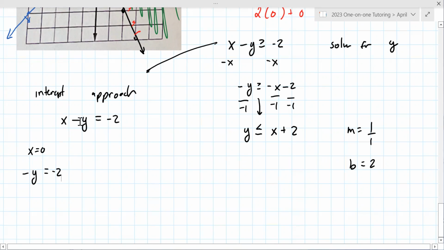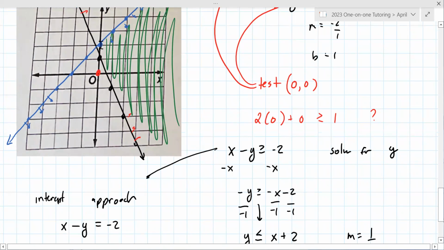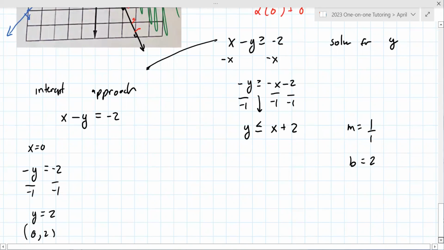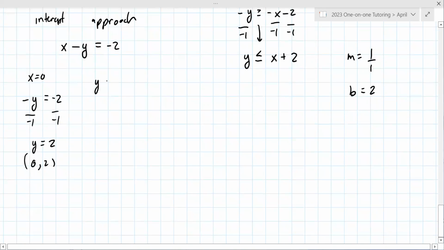So it's not always that you're done. You do have to sometimes make some additional steps here. y equals 2. That's (0, 2). If we go back to our graph, we see that that is one of the points there. So it is consistent. Similarly, if we set y equal to 0,